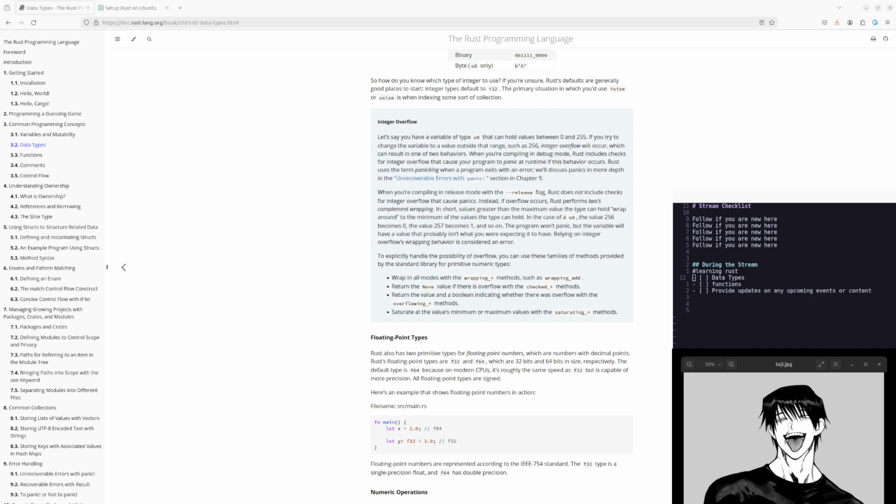The value of 257 becomes 1, and so on. Thus, the program won't panic, but the variable will have a value that probably isn't what you are expecting. Relying on the integer overflow wrapping behavior is considered an error. Okay, so if I run this in release mode,